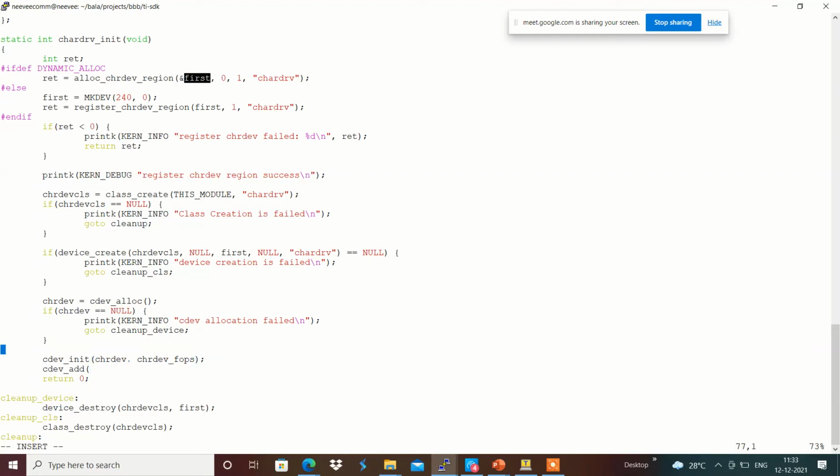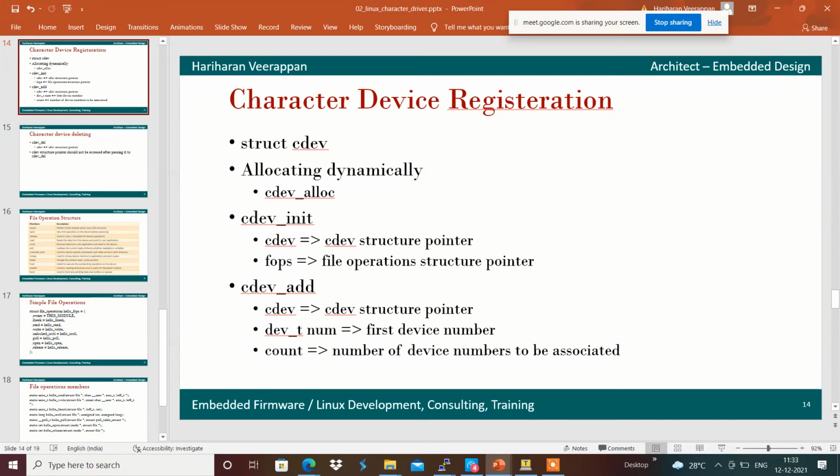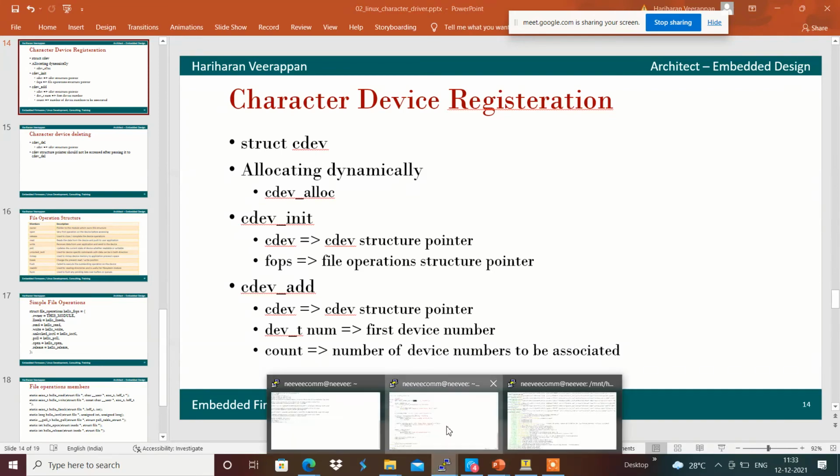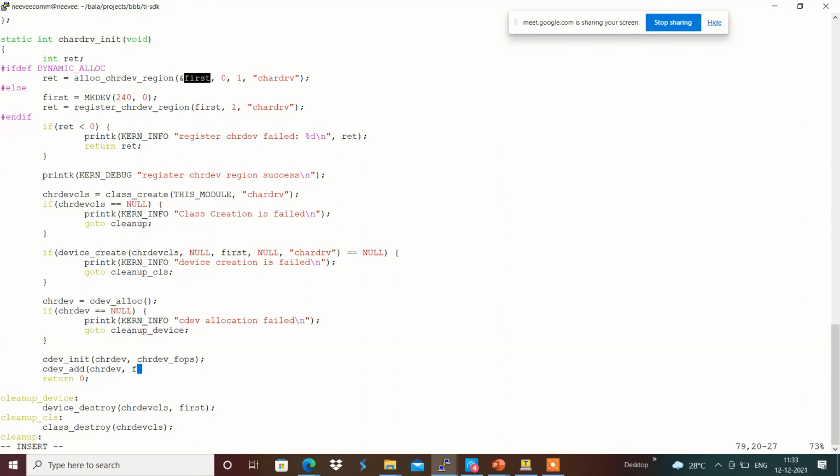For example, I write chrdev, comma, the dev number dev_t, and the count. Here dev_t is the first, and the number of counts is 1.